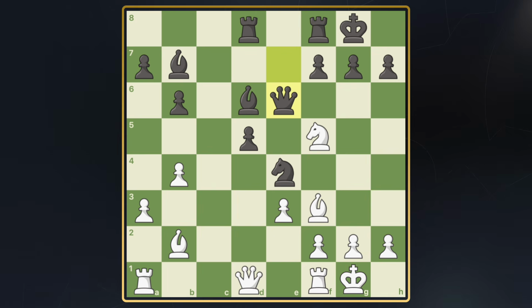So in the game I played, knight takes on g7, which is the best move in the position, because on top of winning a pawn and exposing the king, I'm also attacking the queen. So with that, my opponent has to keep the queen defending the king, and that's why he played queen to h6. Now, it's always important to keep an eye on your opponent's threats, because even though it's clear we're better